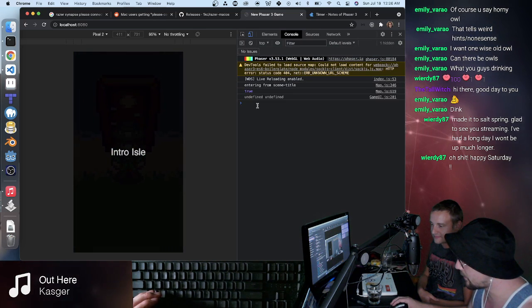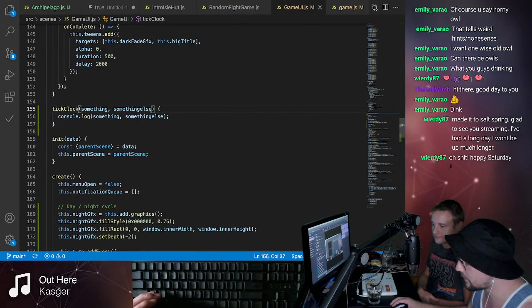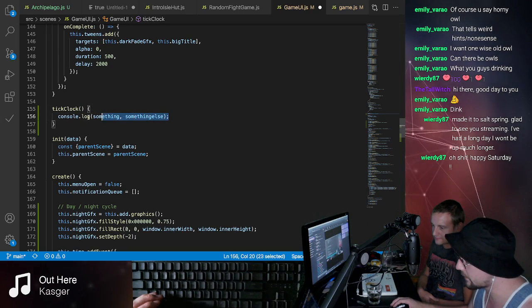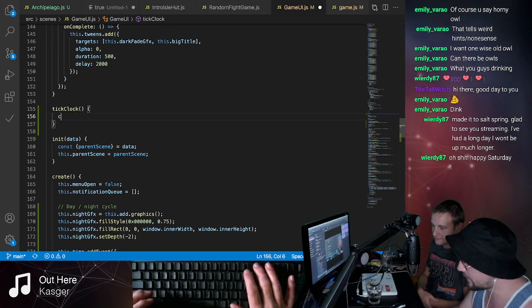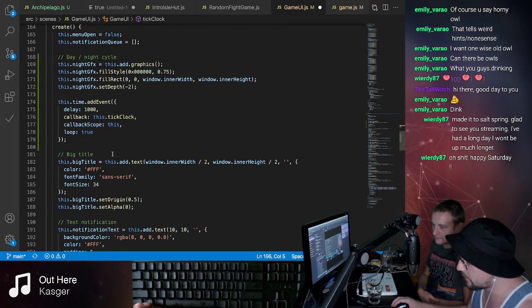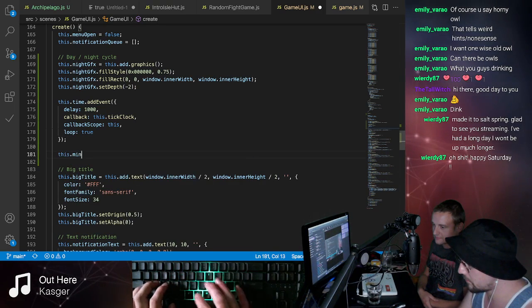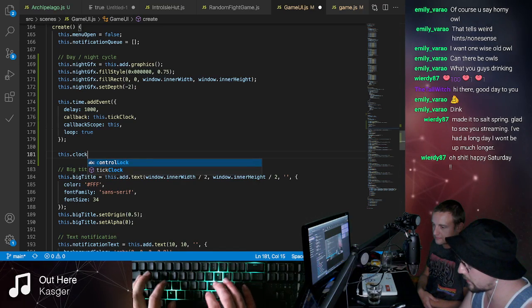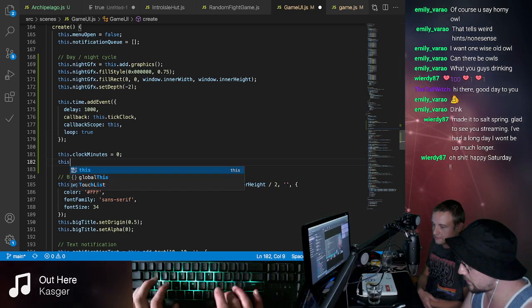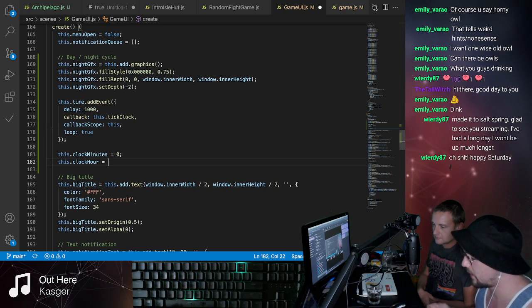Now we'll see it here. Undefined, so it's not giving us anything, which is fine. We don't really need anything. We just know it's happening every second. It realizes something's going on. Exactly. And the point is it's repeating every second, so we can then do whatever we want with that. So we'll say this dot clock minutes equals 0. This dot clock hour equals